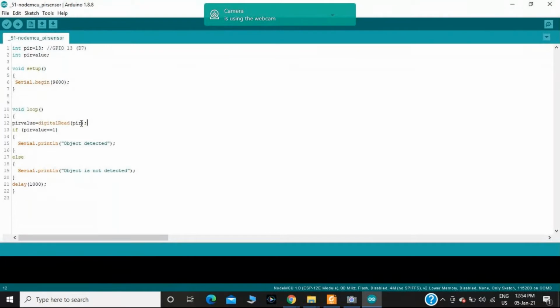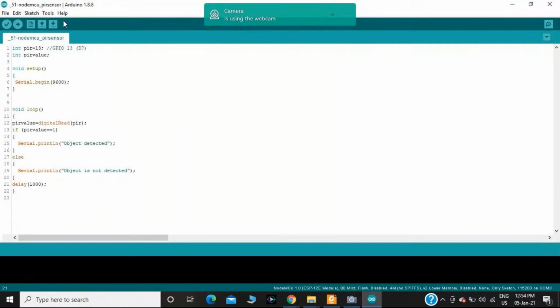Digital read PIR, I am reading the PIR value from GPIO pin 13. Next, if an object is detected, it should be equal to 1 and it should print Serial.println object detected. If the PIR value is equal to 0, then object is not detected.